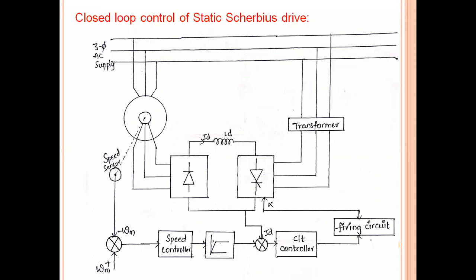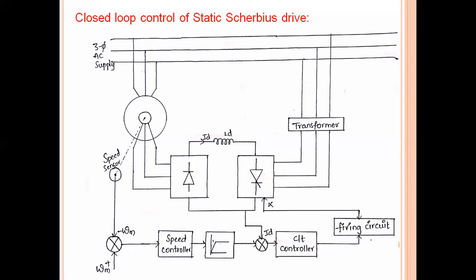An increase in the reference speed, which is omega m star, produces a positive error here, because this is the high value and the actual speed is the low value, so a positive error will be generated here. The speed error is processed through this speed controller, which is also applied to the limiter, or we can say speed limiter, which saturates even for a small speed error. So this limiter provides a proper limit in order to stabilize the motor condition.